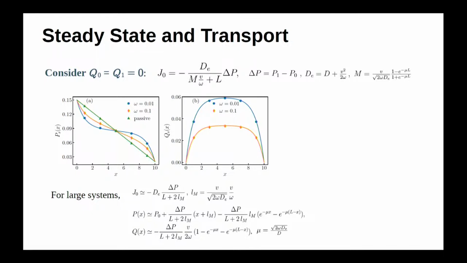In active processes, the boundary layer is known, for example when a particle is moving within a reflecting barrier, so at the walls a boundary layer is formed. But here we see that even with this open boundary condition, a boundary layer is there, but still in the bulk it is largely diffusive, and the new effect of activity comes in the magnetization. Magnetization is just the difference of the plus and minus kind of particles, and although at the boundaries the magnetization is 0, in the bulk we see a finite magnetization.